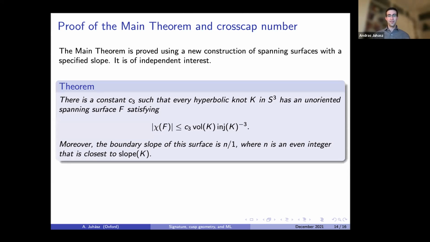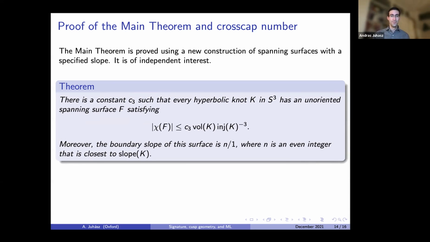So there is some constant such that for every hyperbolic knot, there is an unoriented spanning surface F for your knot K, whose Euler characteristic has absolute value at most a constant times the volume divided by the cube of the